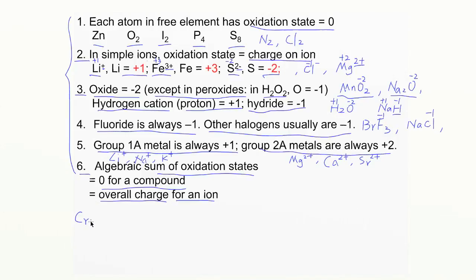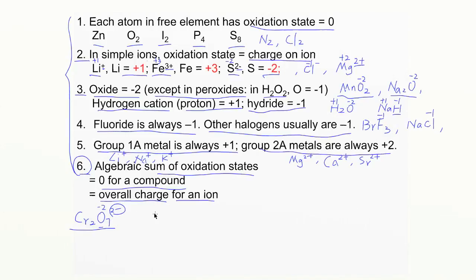Let's take a look at Cr2O7 2 minus. What does that mean? If you are using number 6, remember this is the oxide here, so the charge is negative. The oxidation state for oxygen is negative 2. Now, we are talking about an ion here, so when you add the oxidation states of those two elements together, that should equal the 2 negative charge